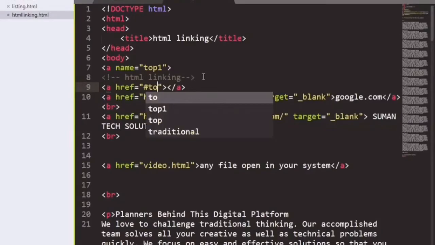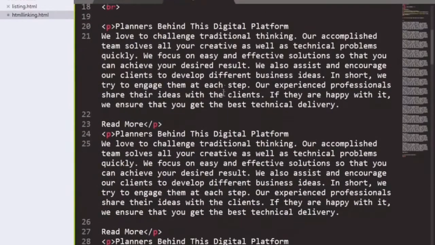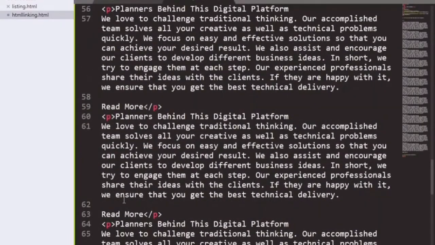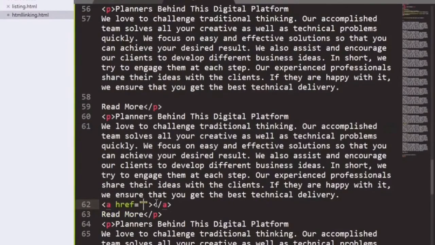like this again, top, that is go to the footer. So go to the bottom and go to the top. Both of the buttons are applied, and after that we will save the file. And now we will also give our href in between this.